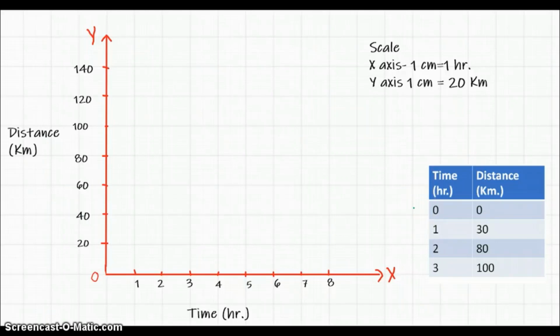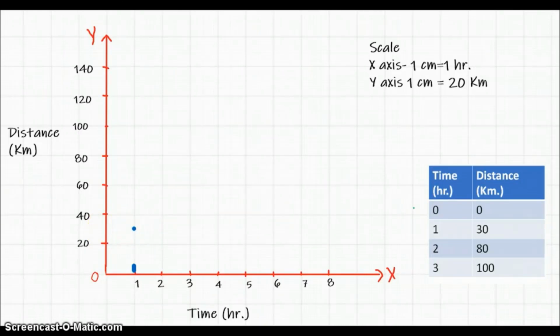So you will mark dotted lines. This is 0. So you will start marking dotted lines. It will come out to be here because between 20 and 40 there are 10 markings, so you have to mark it in between 20 and 40 exactly. So it will come out to be here.